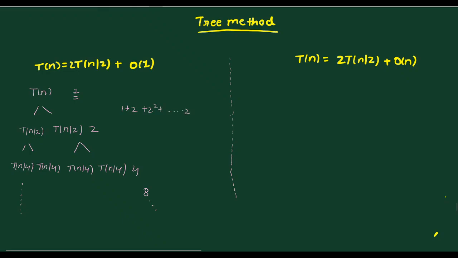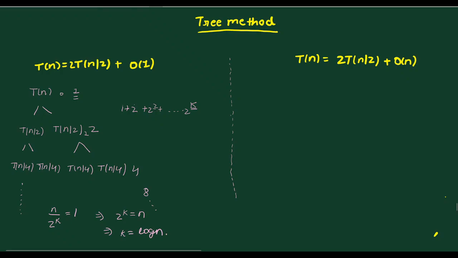And how many terms? That is what will be the value of k. This k will be equal to the depth of the tree, right? Here the depth is 0, here the depth is 1, then we have 2, so here we have 2, right? So what will be the depth of this tree? Well, the depth will be when n upon 2 power k becomes equal to 1, right? Or 2 power k becomes equal to n, or k becomes log n, right?